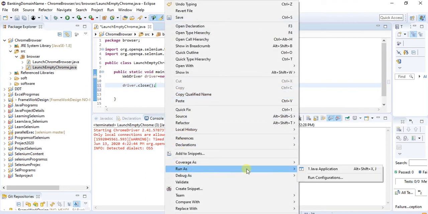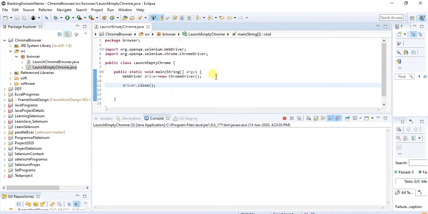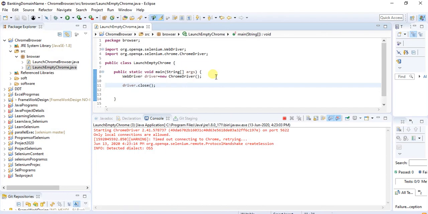Right click, run as, Java application. Now click on OK. The application has opened and it closed.